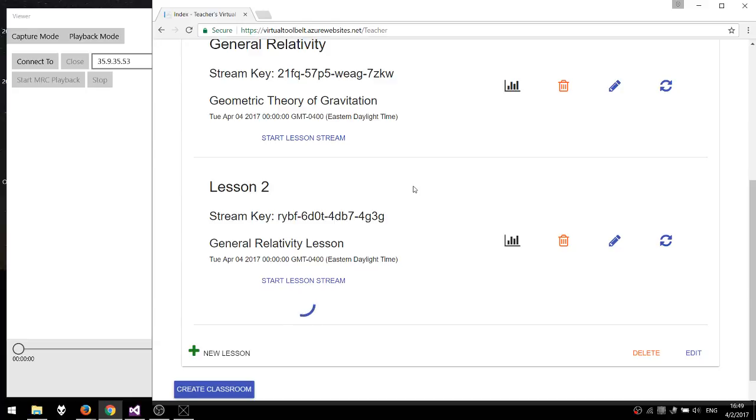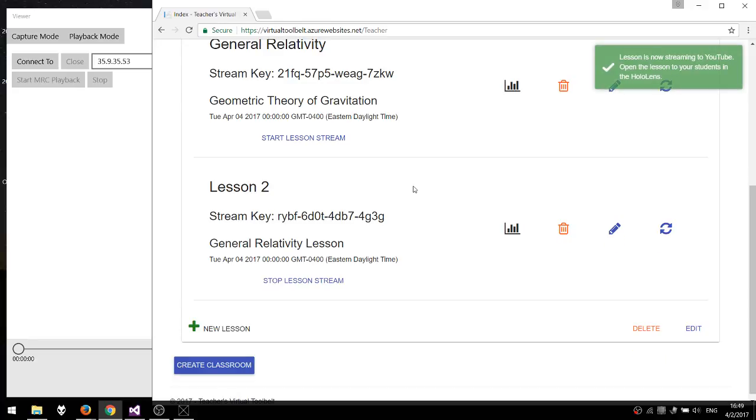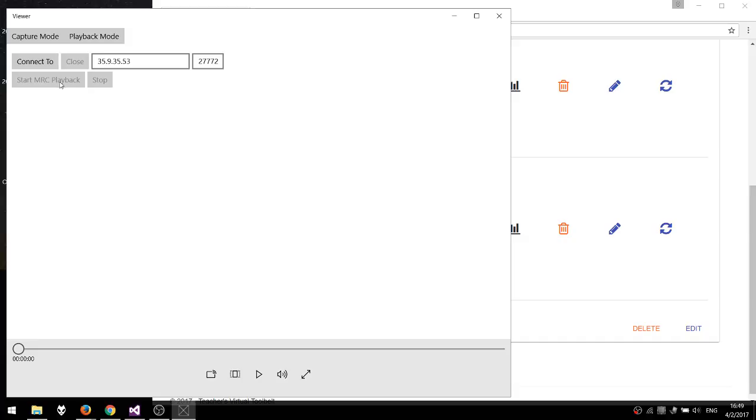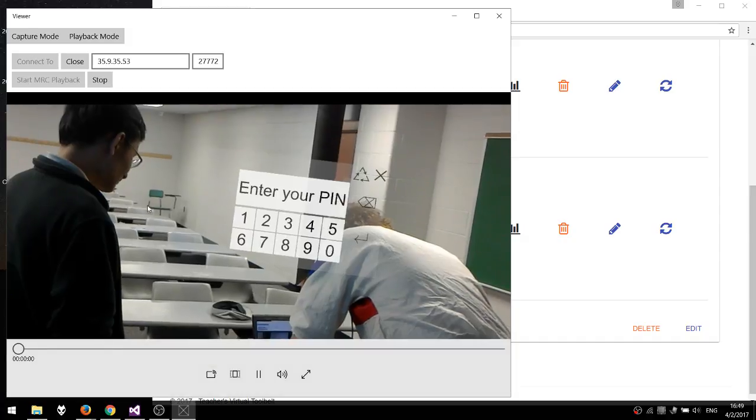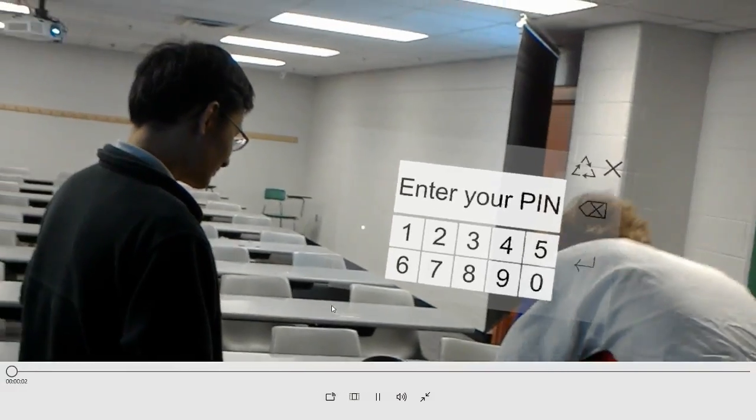And this doesn't start the lesson to the students yet. This gives the teachers time to set up what they need to for the lesson, and then when they want to open it to their students, they'll do so through the HoloLens, which Ryan will show you eventually. So now once they're streaming to it, they'll connect to their HoloLens and full screen this, which now it's streaming